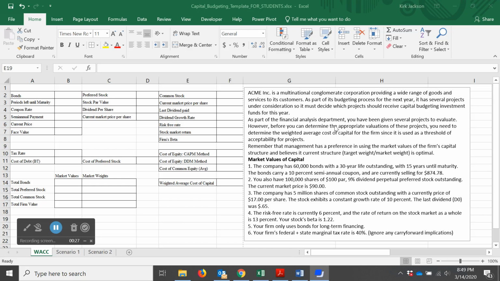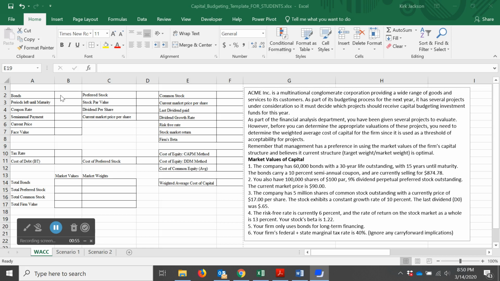So this is the first part of the instructions of the assignment, along with the market values of capital. We see in this last sentence, remember that management has a preference for the market values of capital, and we see that here. And so we see the various pieces of information. I've given this spreadsheet as just a template for you to use. So what I'm going to do is show you how to do the first line item here, which is the